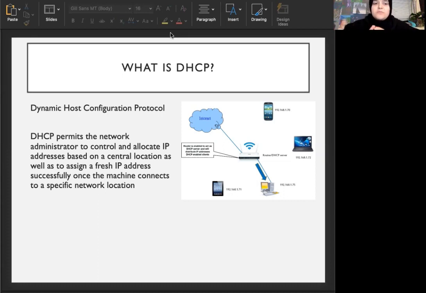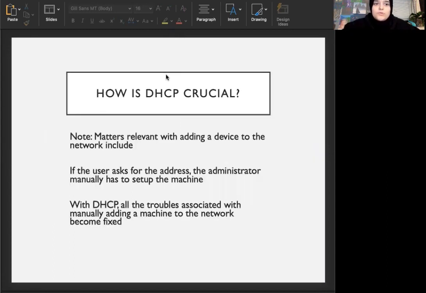That's why DHCP is perfect for dealing with ever-changing clients in large networks, whether institutions, corporations, or other organizations.